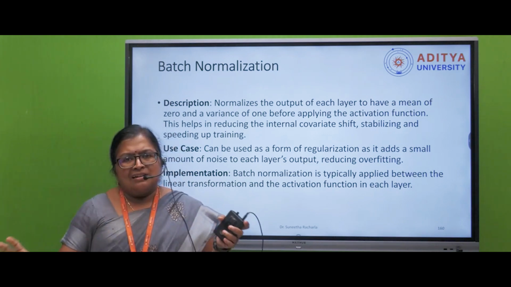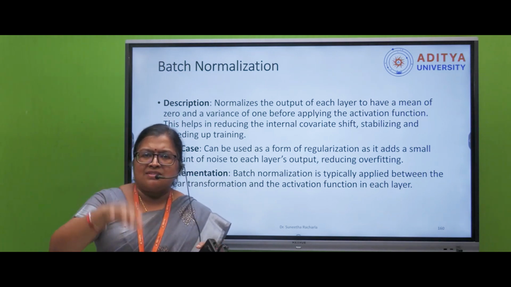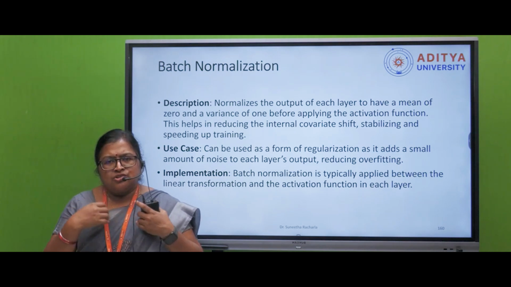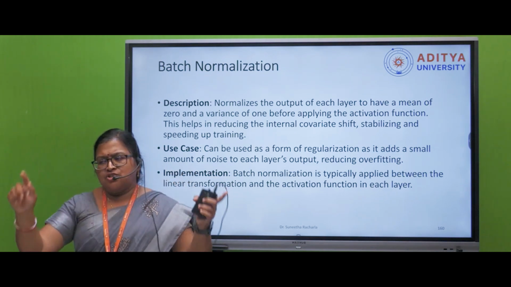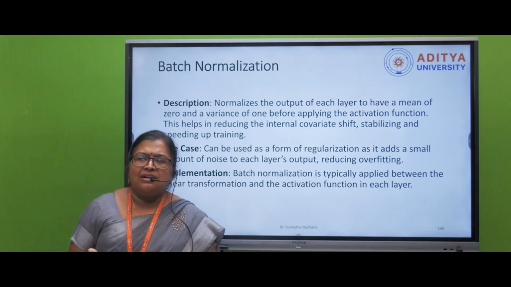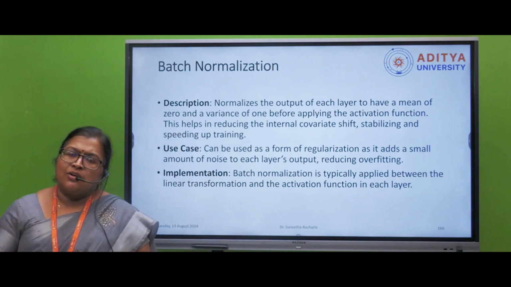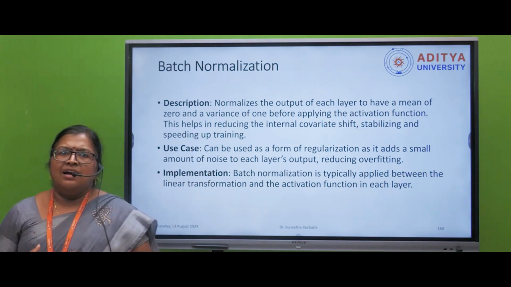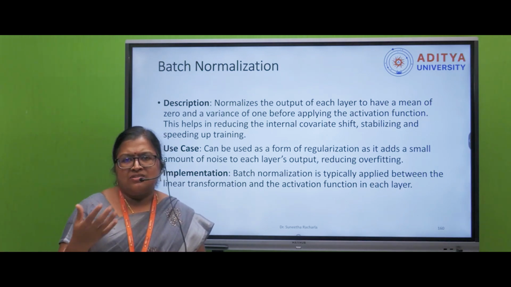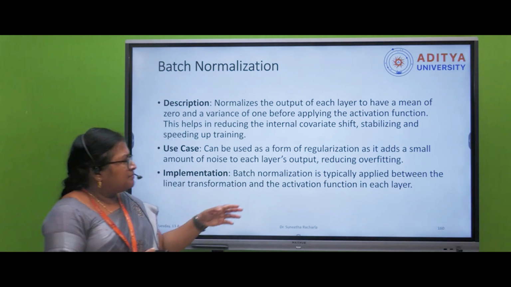Whatever statistical method I use, I'll keep the complete Excel data consistent. Everything should be normalized, everything should be in the same range. That is what is called normalization. By doing that, you reduce the randomness of your input data, you reduce the noise of your data, and everything will be consistent. So it is easier for the machine to understand the data better. This is a type of regularization technique.